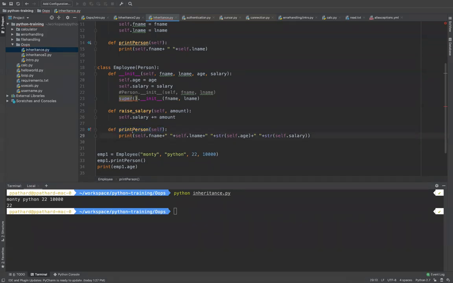Whenever you call an object of employee, it will always first check in the child whether there is a functionality called print person. And this is how it is called function overriding. So you are able to override the parent functionality in the child functionality. Okay. So this is what you do with inheritance.